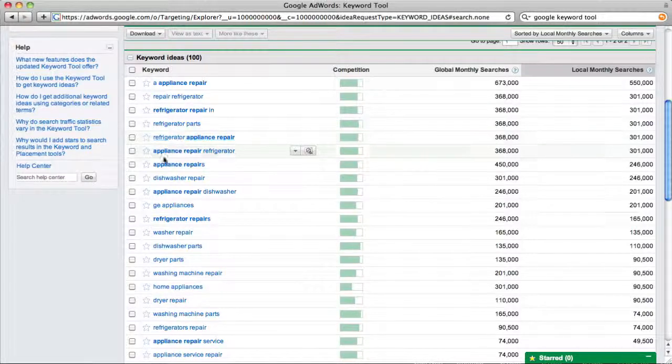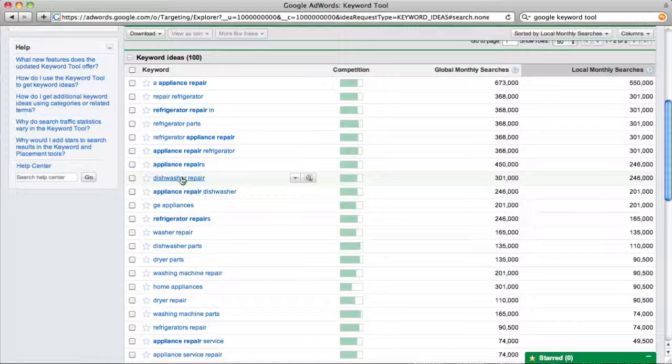But let's go down and see what else shows up. Look at this one. All right, here's our first real gem, dishwasher repair. Now notice it has nothing to do with appliance repair or refrigerator repair. Well, it actually does, but it's dishwasher repair, and there's 246,000 searches for that. Now, from what I'm learning, dishwasher repair is going to be my third most profitable, or at least third most